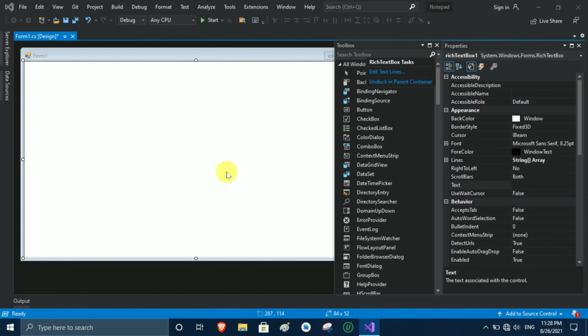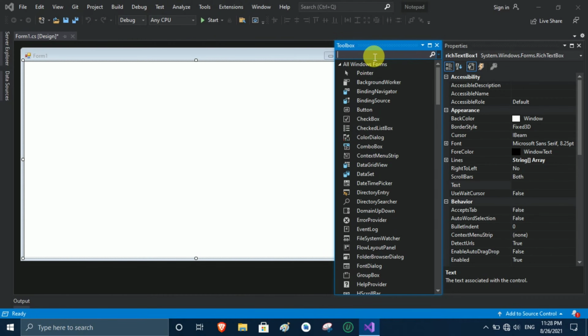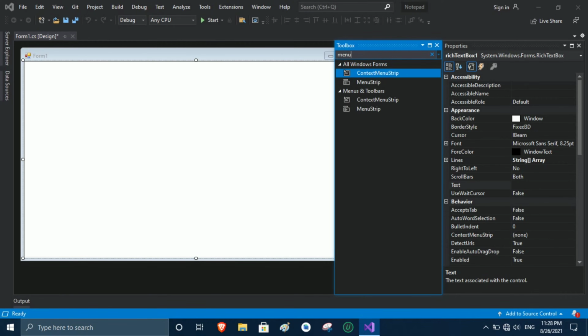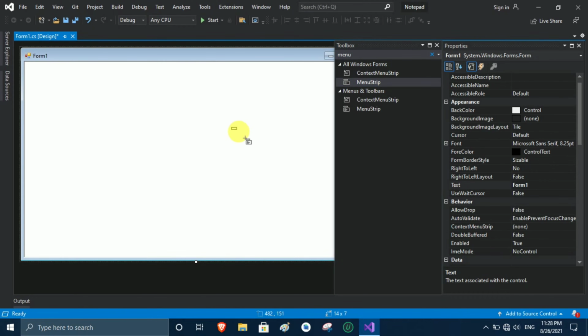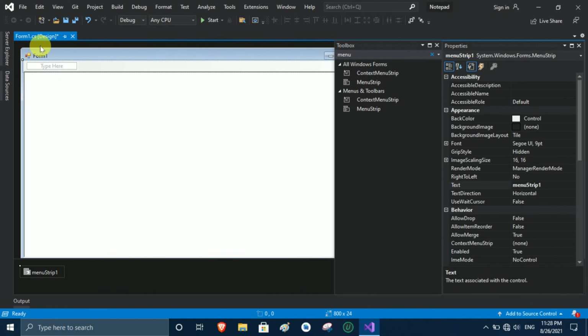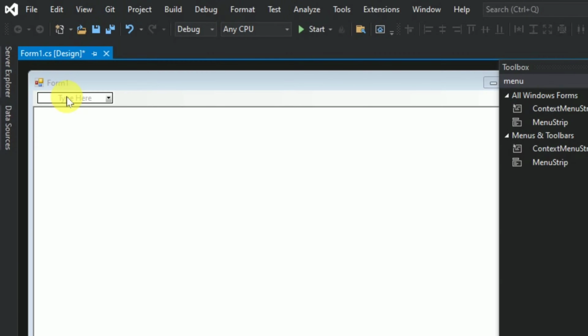Okay, so it consumes the whole screen and now we have to add a menu strip, so I search for menu and click on menu strip and again draw it on screen, so I again make a small rectangle and here you see menu strip is available. So now we have to type here.